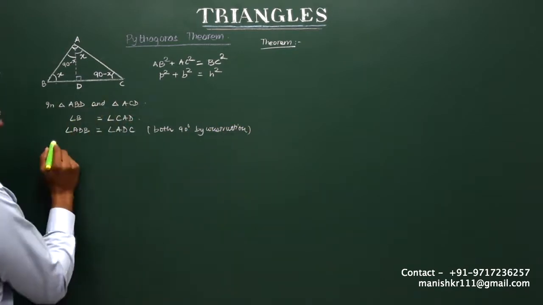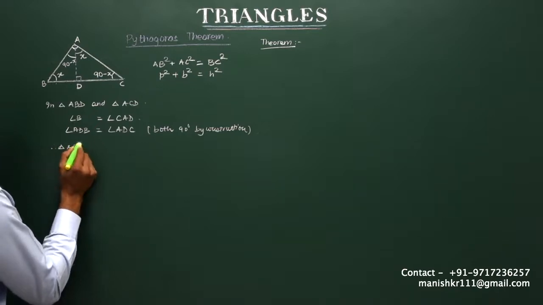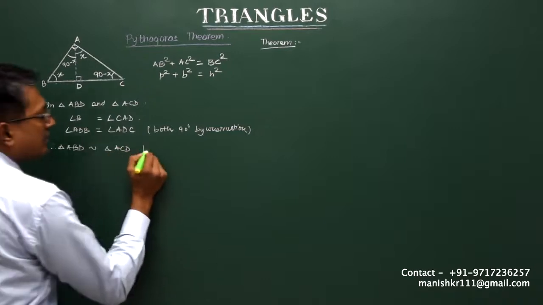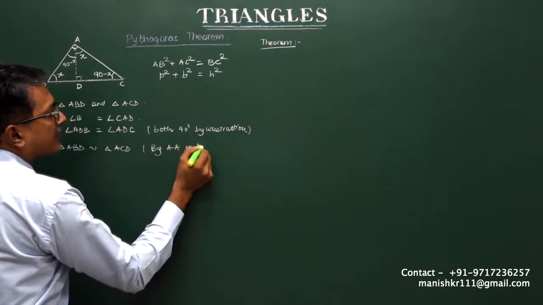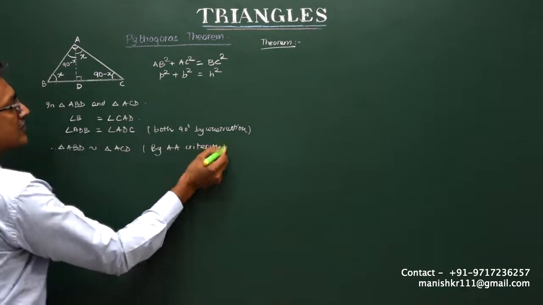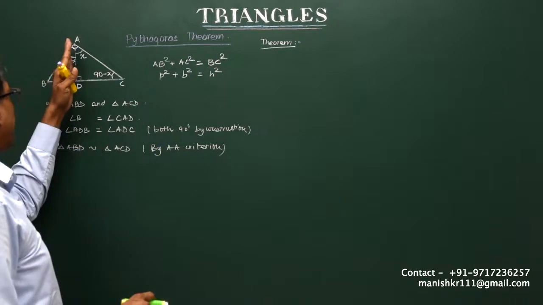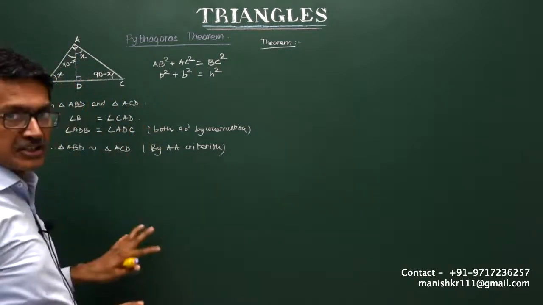So these two triangles are similar. Therefore, triangle ABD is similar to triangle ACD by AA criterion. Okay, so these two small triangles into which this perpendicular divided the bigger triangle are similar to each other,